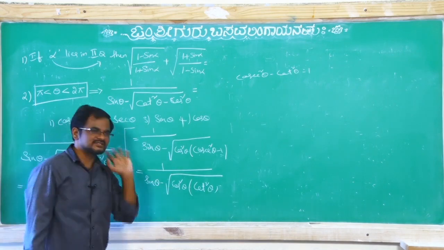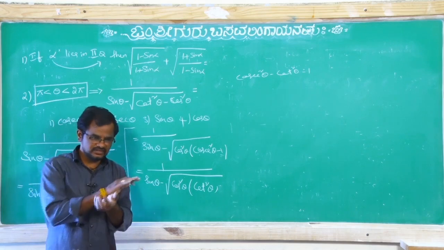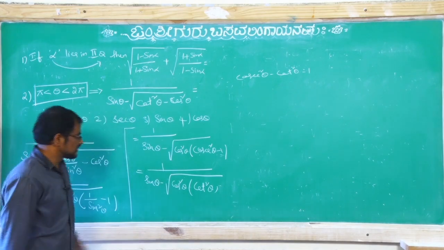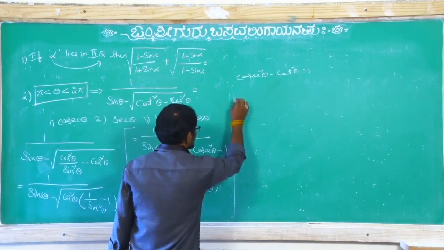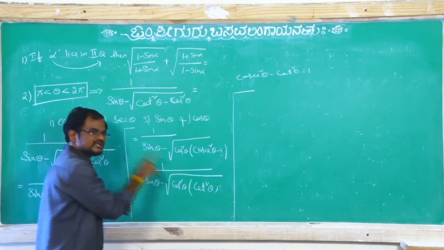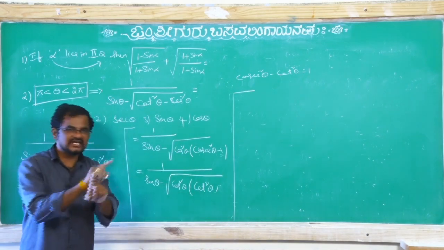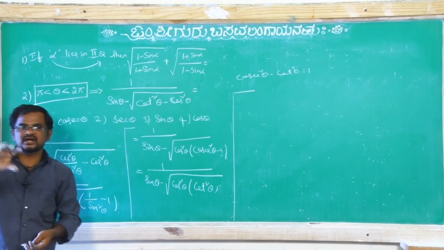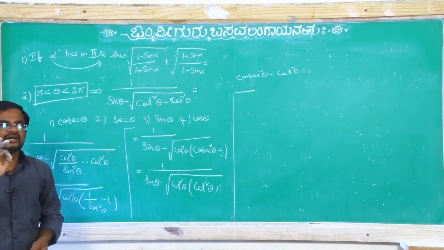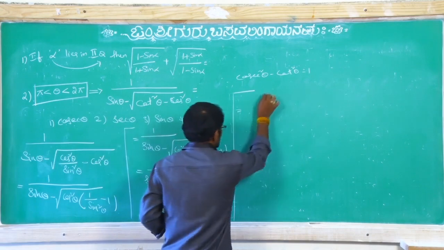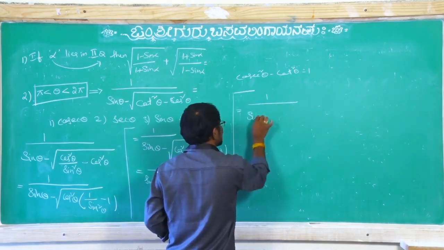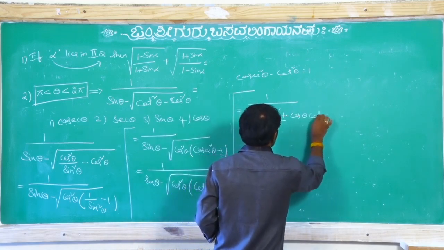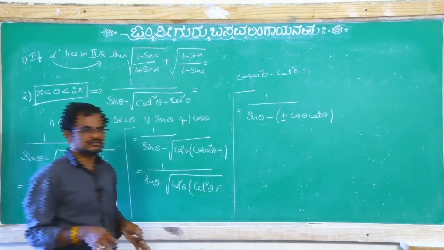Now, square root is there again, right. All these problems square root, modulus, plus or minus, what we have to take according to the condition. And now, that is equal to, so here square for these two and root is there, no. Square root is there means directly should not cancel, because alpha or theta lies in which quadrant, we have to observe. According to that, we have to take that is positive or negative. Now, that is equal to 1 by sin theta minus, what we have to take, plus or minus cos theta into cot theta, getting modulus means plus or minus.